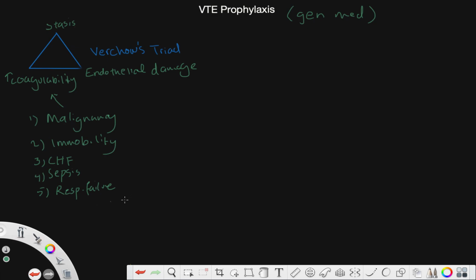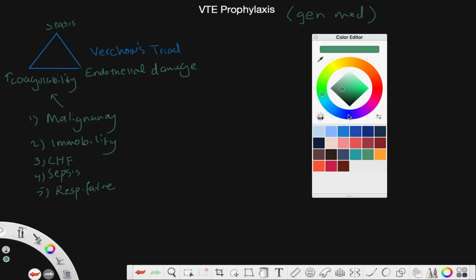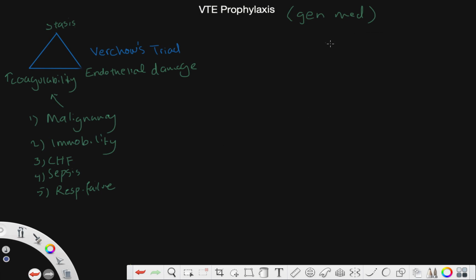So we've talked about this. Now we'll talk about how we approach VTE prophylaxis. The first thing that we need to do is risk stratification of VTE risk. This is usually done empirically based on the risk factors that we've already talked about. But there are some tools that we can use to help us do this, like the Padua score,